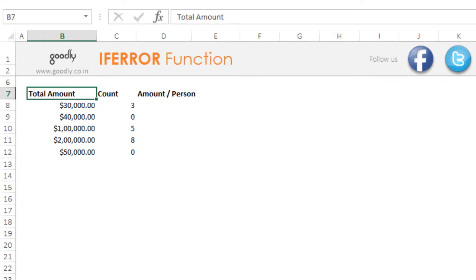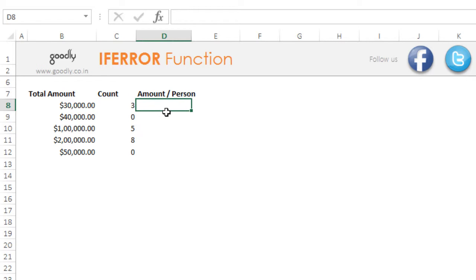Let's just take a look at this example. We have some amount here, and this amount has to be distributed between 3 people. So we want to know what is the amount per person, which is pretty straightforward. I'm going to take the total amount and divide this by the number of people that I have. So $30,000 divided by 3, which is going to give me $10,000 per person, which is pretty okay,